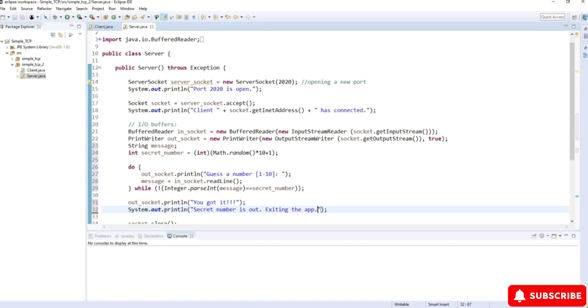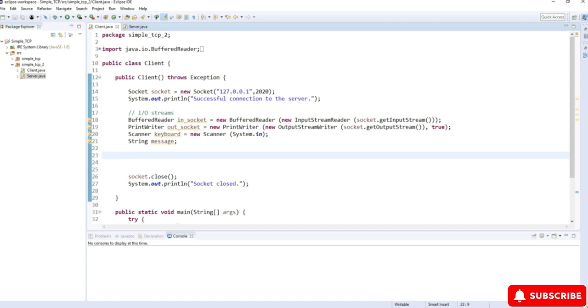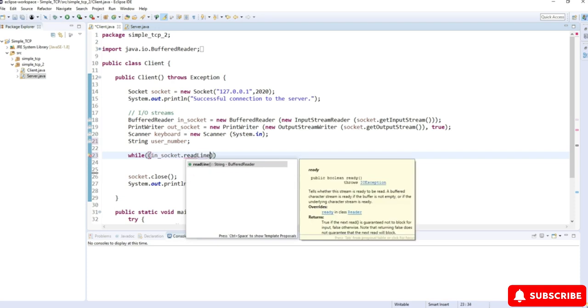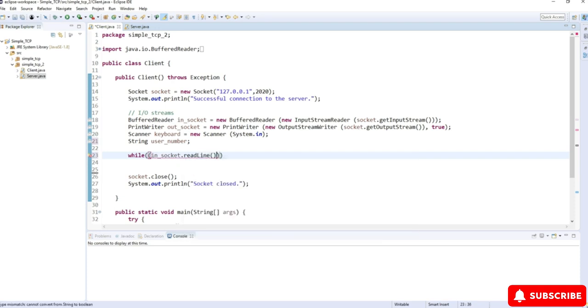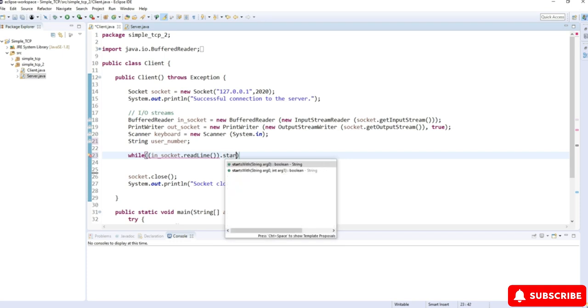I'm going to save this and switch to the client. The client is going to be guessing a number. I'm going to call that user number. And we're going to be creating a loop here too. It's going to be a regular while loop. And the condition is going to be, read from the in socket, read line. And then if that line starts with guess,